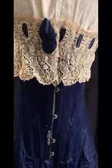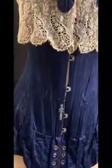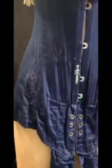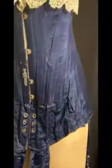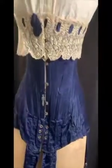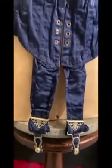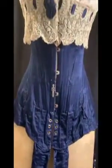Nice bow at the front. It may have had 2 bows and a little busk hook. It's had some alterations on the hip. Maybe it was too big and somebody took it in. She has quite a story to tell for attached garters with the very beautiful ornate garter work on it. She's French,